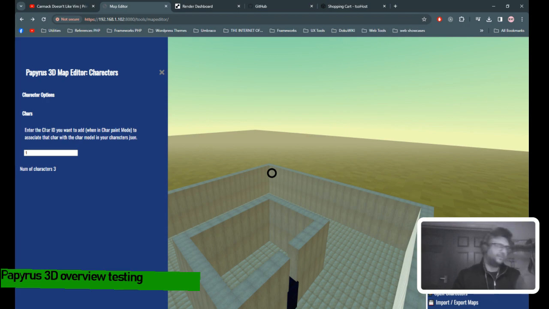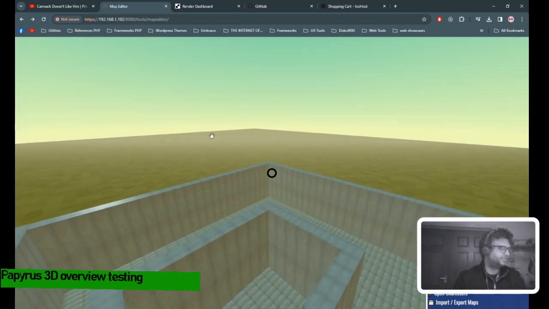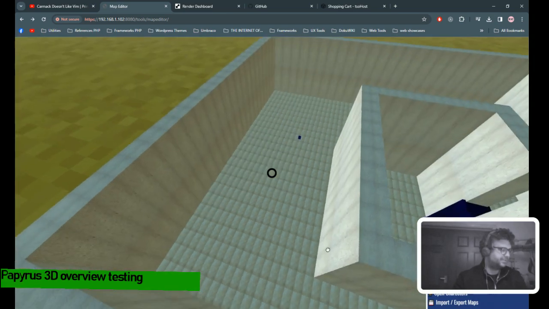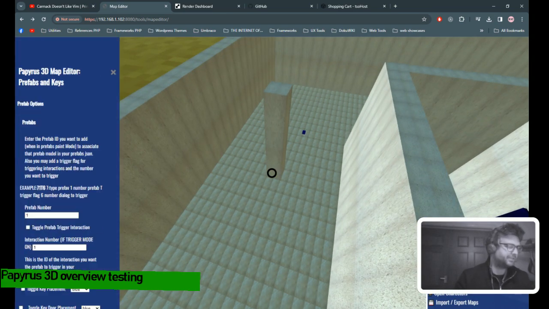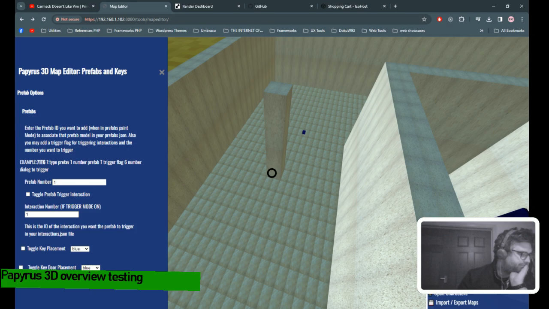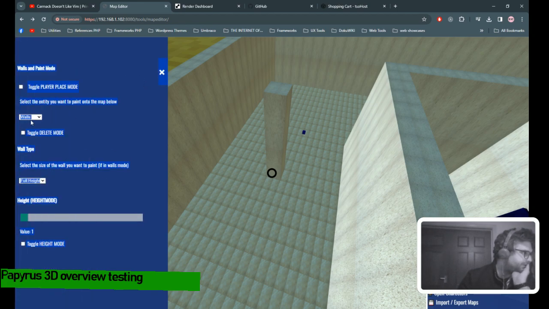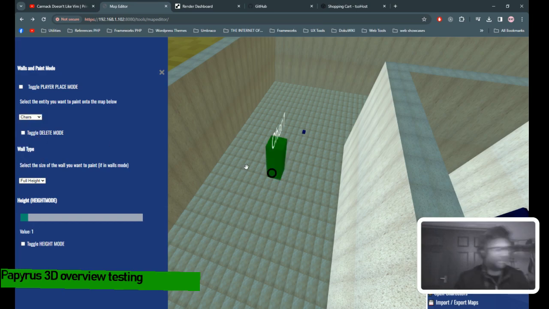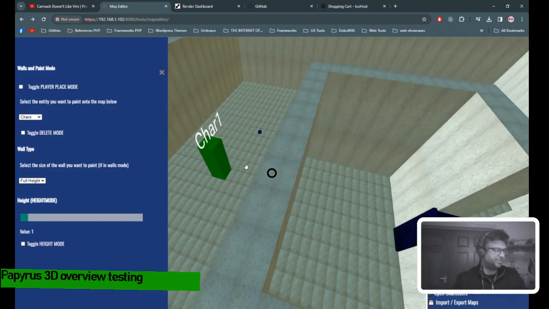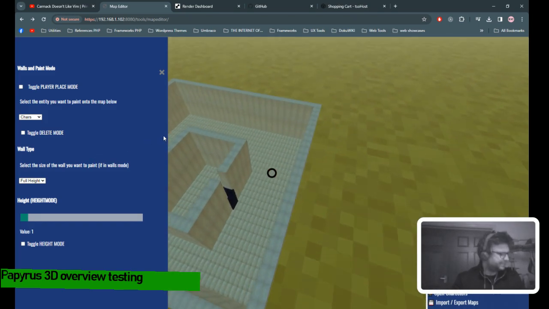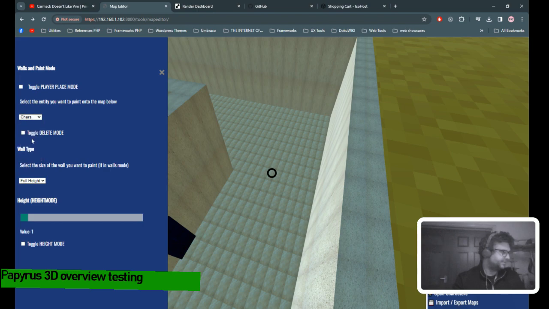Characters. So you'd have a JSON list. I need to add an actual interface for that, but I want to add character 1, which is in the JSON. Plunk there. Oh, we have to go. This is where the interface needs improving. So I need to toggle delete mode, delete that, and then go jars. So yeah, at the minute it's not the most user-friendly interface, I'd say, but obviously I'm still going through the process of designing it, really.